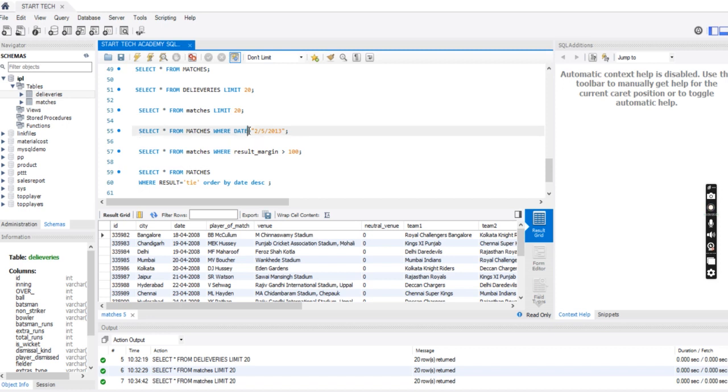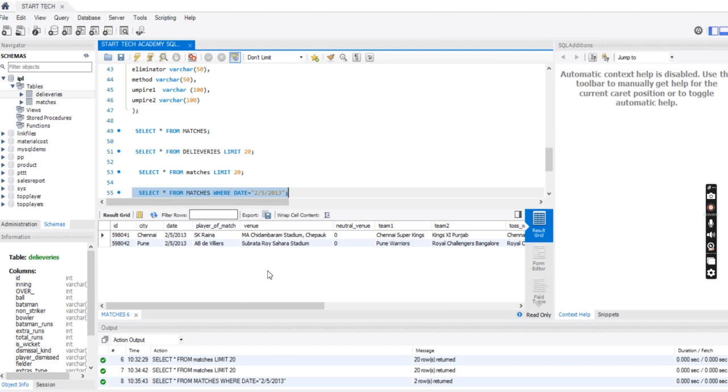With that I have used a date. Date equals to, because I have given a particular date, that's why date equals to. Now I am going to mention the date 22nd of May of 2013, and rest everything will be the same. Like select everything from matches. Matches is the name of the table from which I want the data, where date is equals to 2/5/2013. Now I am going to run this. Perfect. We are going to receive the information of the matches which are played particularly on 22nd of May of 2013. Just check this.